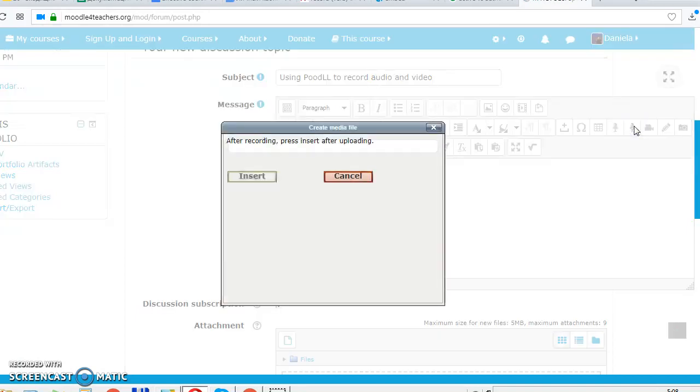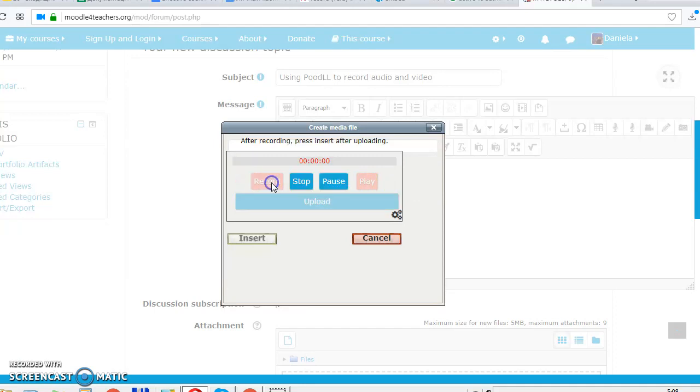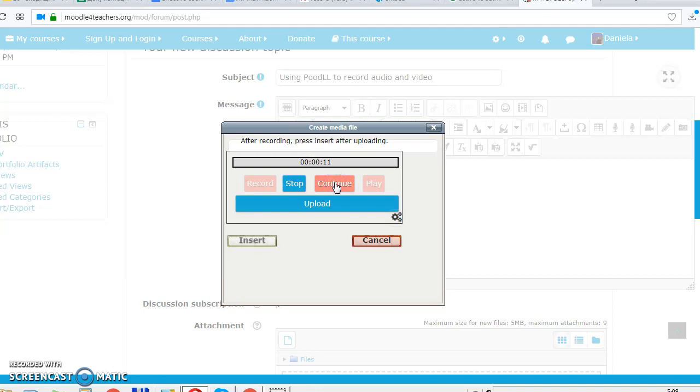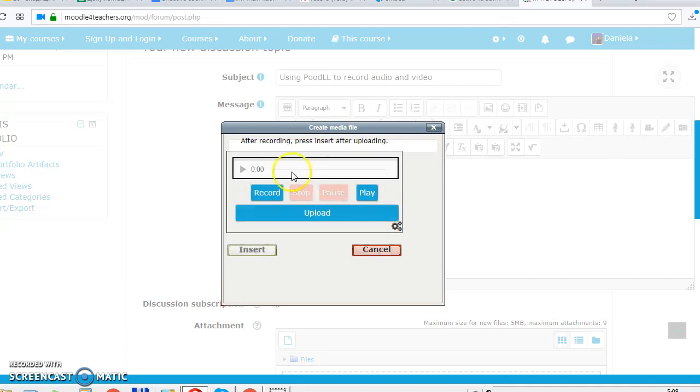If you click on this icon with the mic, you can see the box with instructions what to do. So the first thing is to record. If you press this button, then you can see that recording has started. So anything you need to say, you do that. You can then pause and continue, and when you're done, you click on stop, and you can see that there